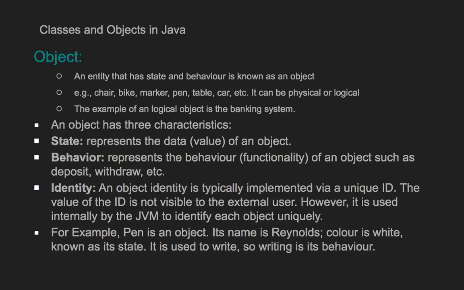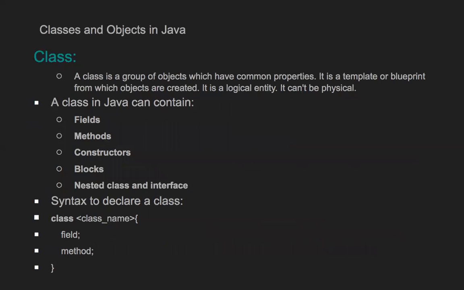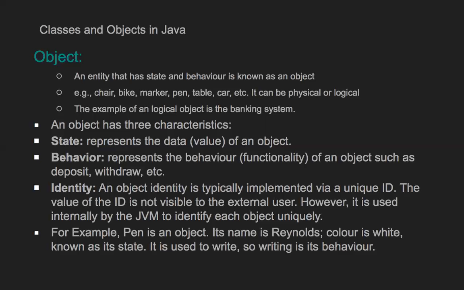But as we saw in most of the movies, the heroine will be keeping it in her hair to hold it in one place, like in Arya 2. And that pen can also be used as a paperweight. If you don't have a paperweight, you put it on the paper so that the papers will not get scattered. So the difference between the class and object is that a class has state, fields, and methods, but an object has state and behavior.